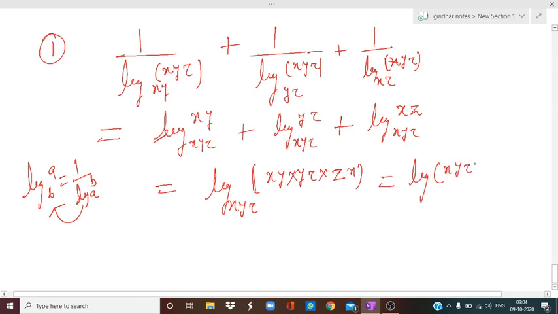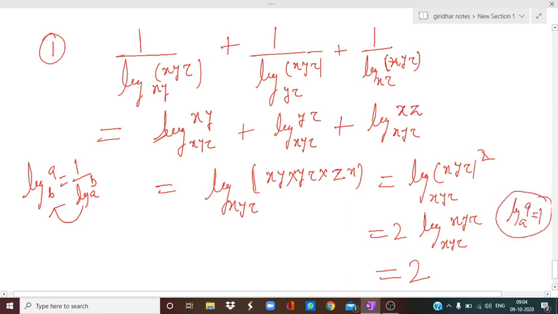दिस यू कैन राइट log xyz पे होल स्क्वायर, और ये बेस xyz है, फिर पावर रूल से ये 2 इधर आ गया, 2 log xyz बेस xyz। सो द वैल्यू विल बी 2 because this came log a with base a which is 1। नंबर और बेस सेम है, ये वैल्यू 1 होगी। so 2 into 1 which is 2।